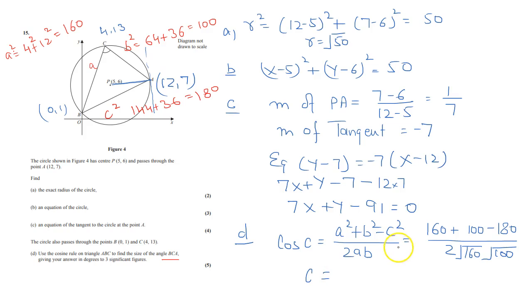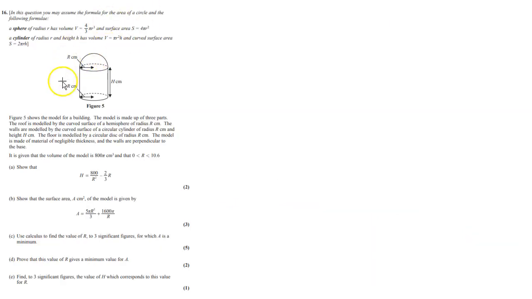So if you calculate, the angle C will be 7.16. So that is the end of this, the building, the model. And given that the volume, so we know the formula for the volume is,